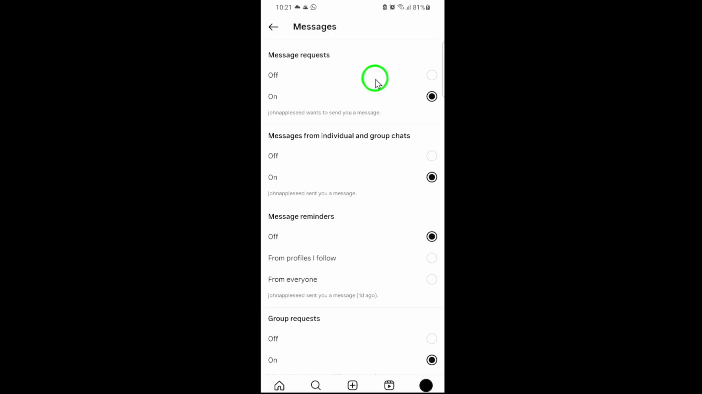You've successfully turned on message request notifications on Instagram. This small change can make a big difference in staying connected and not missing out on important messages. If you found this guide helpful, make sure to check your settings regularly, as Instagram updates can sometimes change where